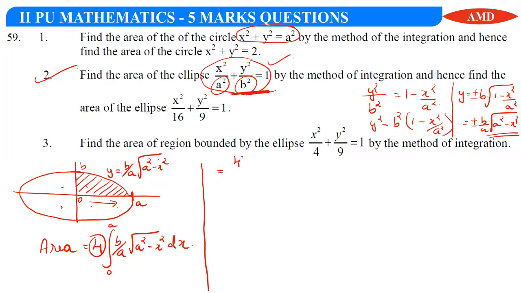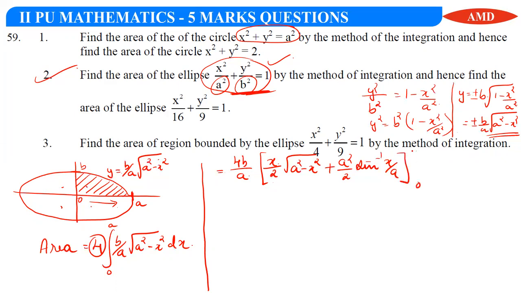So we have 4b by a into the integral of root of a square minus x square, which is x by 2 root of a square minus x square plus a square by 2 sine inverse of x by a,